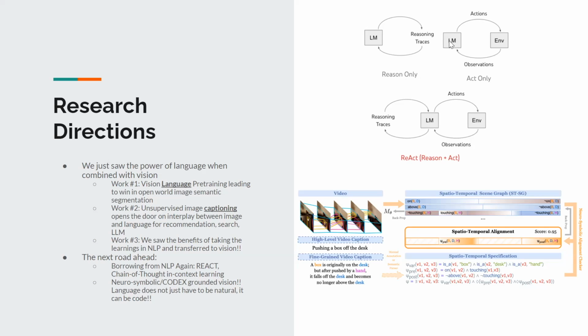To me, the research direction moving forward is the combination of large language models and computer vision. Now I can give you a couple of examples of how I'm thinking about this. There's a thing called ReAct. I don't know whether you guys are aware of ReAct. It's a very interesting thing in NLP where you can actually give it a template. For example, who is the most popular football team in Florida? And then you can give it a template. Should I ask the follow-up questions?